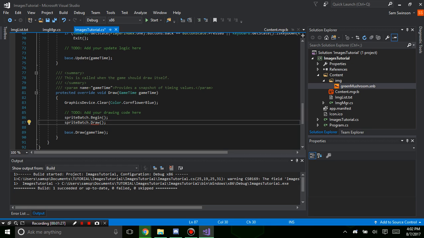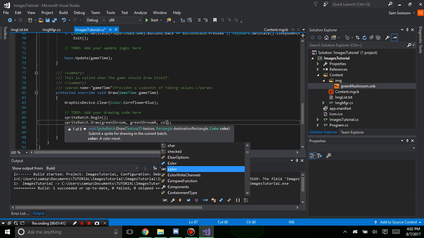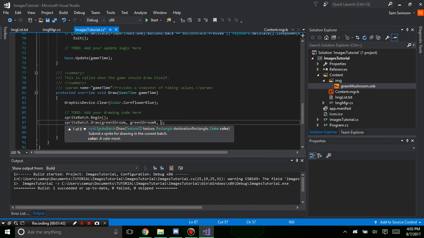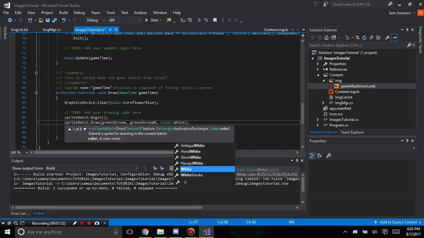Then you're going to input your Texture2D, which is green shroom. Then your other texture, or rectangle, green shroom R. Then you're going to put a color to modify it, such as Color.Aqua will give your image an aqua tint, but to have it no tint, you just want to have it